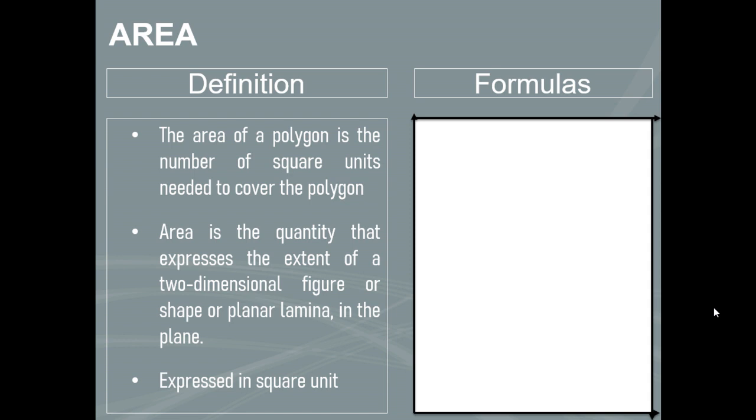However, when we talk about the area of a polygon, it will be the inside or the whole lot. Okay? The whole surface, this is what is called the area. So, a quantity that expresses the extent of a two-dimensional figure. So, the formulas,